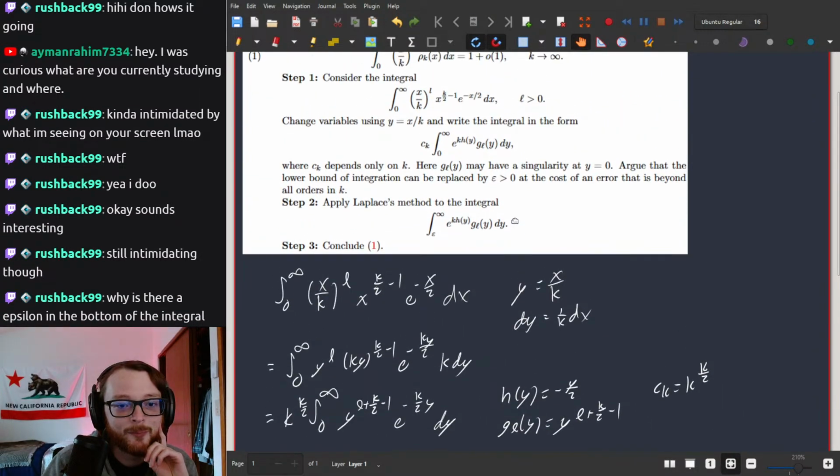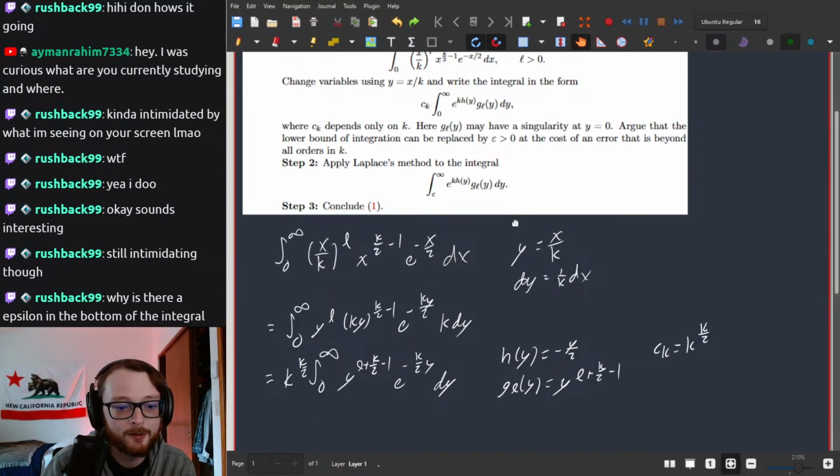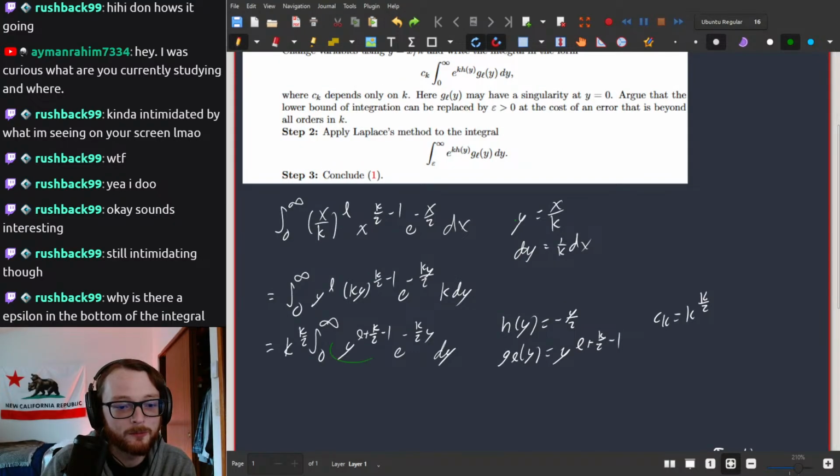Why is there an epsilon on the bottom of the integral? Oh yeah, it's like that one right there. The reason for that is that this is just a generic function right here. Sorry, I'm not explaining this well. There's so many letters being thrown around here that I'm afraid this is gonna be a little hard to follow. But basically,